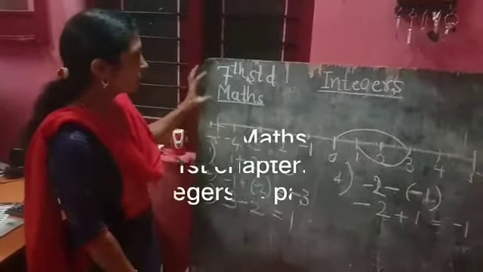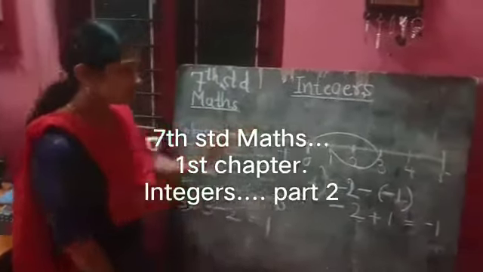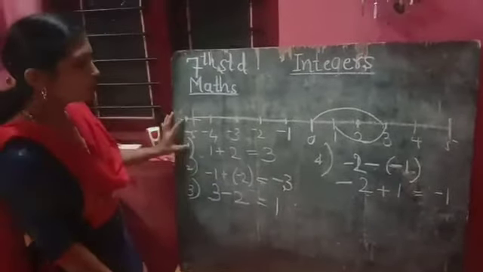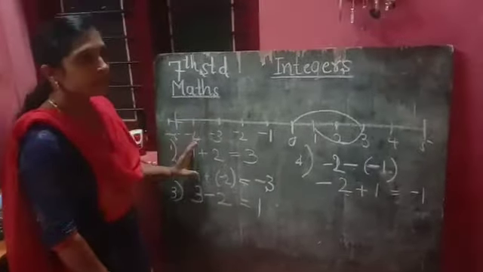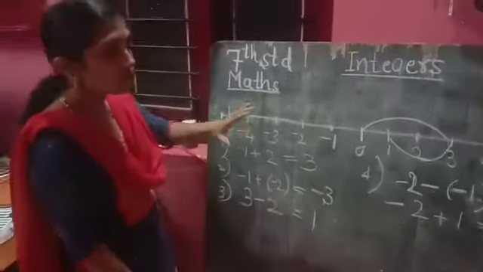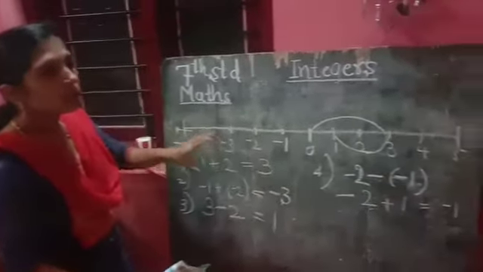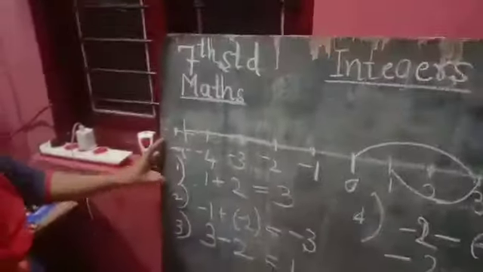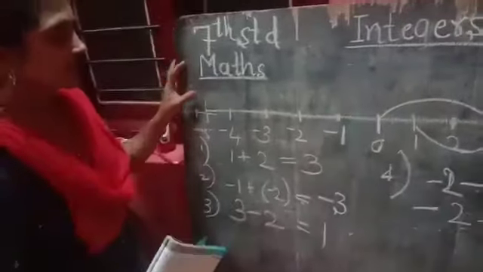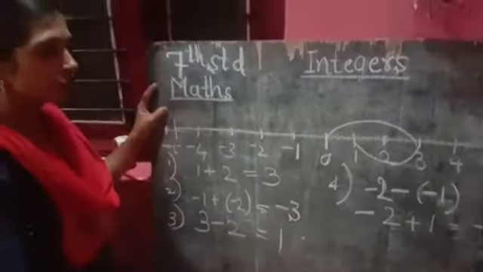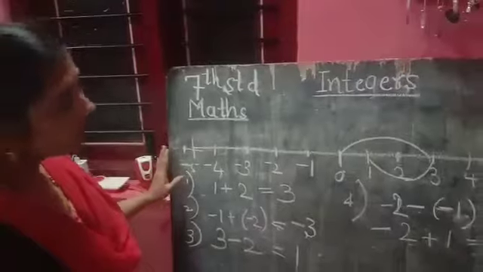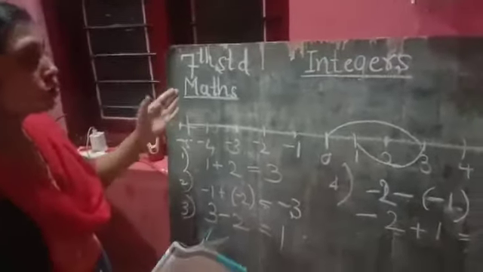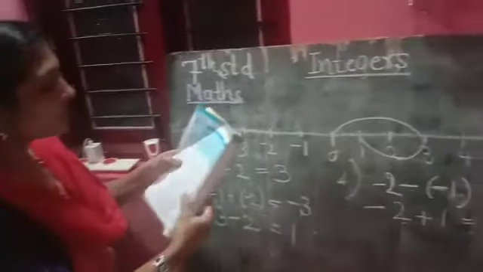In my first video, that is 7th standard maths integers chapter first video, we have learned about the comparison of the integers. That is, we have written those given numbers on a number line, marked numbers in ascending and descending order. So in this video, here they have given some statements. In your previous class, that is in 6th standard, you have learned about addition and subtraction of integers. Now, based on that, here they have given some statements. First, we will see those statements.